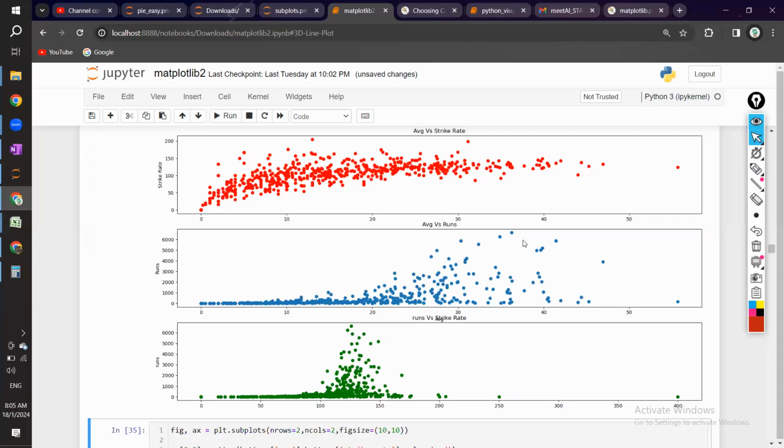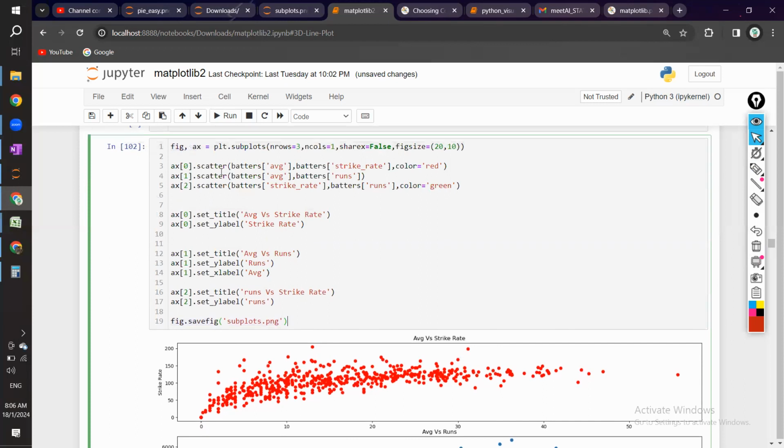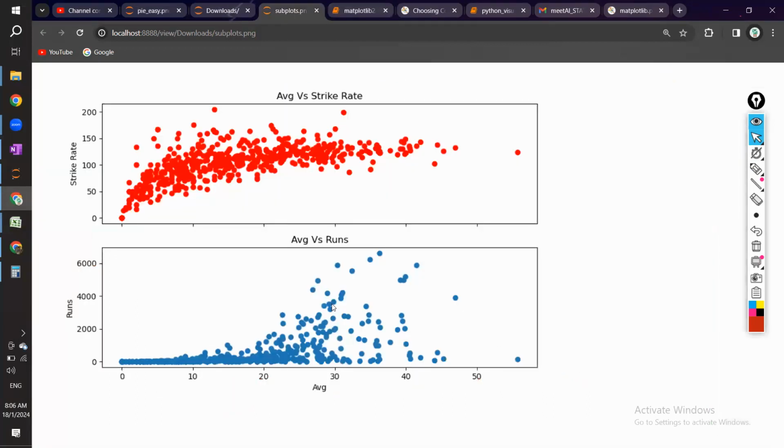Okay, fine. You can also control the size of each individual plot. We will see it in a while. But fine, this is how you can draw. And also, if you observe, we are saving the figure parameter, right? Using that, we are saving the plot. Fine, so if you go over here and